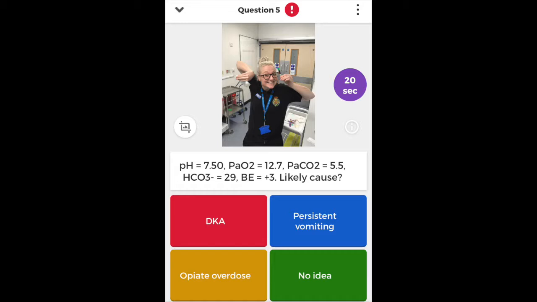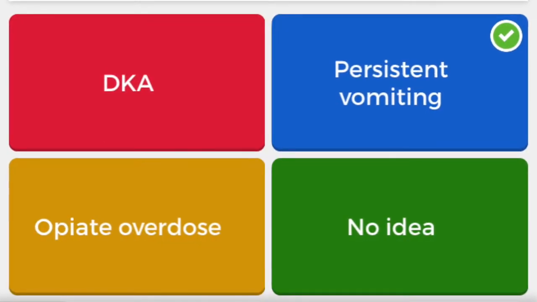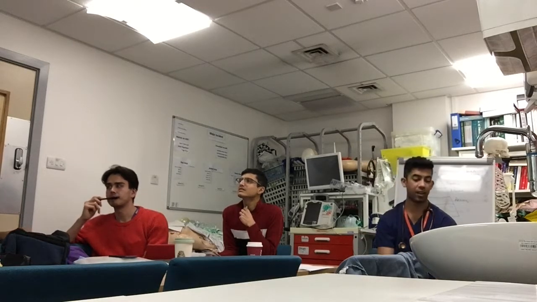It's getting a bit trickier. Okay, interpret the gas. What is it? Metabolic alkalosis. Very good. And so why do we think it's persistent vomiting? Yeah, it's because you're vomiting up the hydrochloric acid, so you lose it. All right, very good. Isn't the bicarb also within normal range? 28. Oh, okay. It's good that you know now, though.